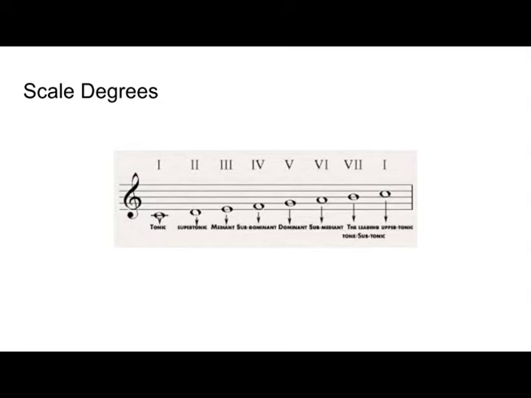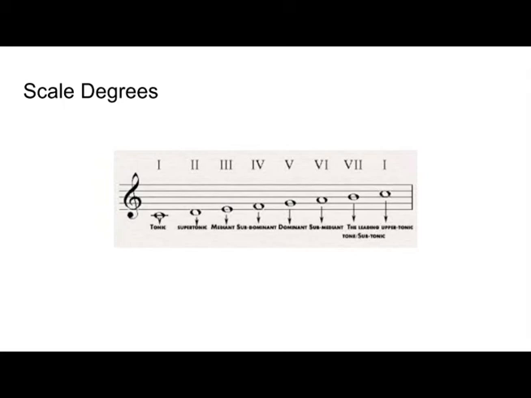The third scale degree is known as the mediant, and the fifth is known as the dominant. The reason that I skipped the fourth and sixth scale degree is because they are related to the fifth and third scale degree, respectively. A fifth up from the tonic is the dominant, and so a fifth below from the tonic would be the subdominant. Looking at what note that would be, it would be the fourth scale degree, which makes the fourth scale degree the subdominant. Likewise, a third up from the tonic is the mediant, and a third below would be the submediant,